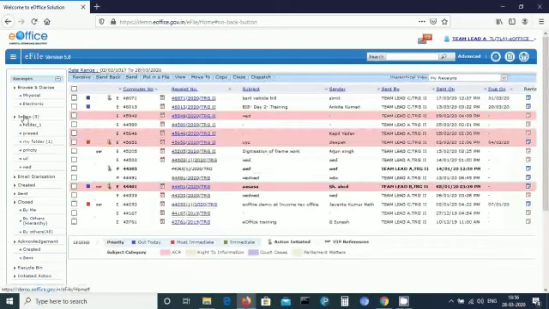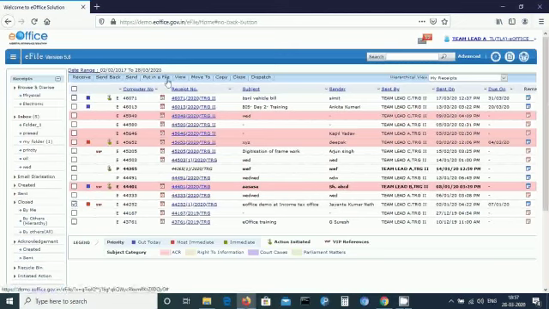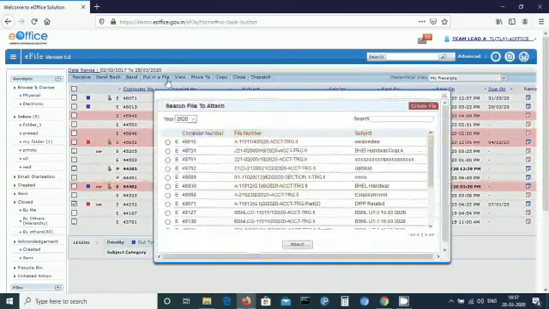To put the generated receipt into a concerned file, click Put in a File tab. Let me select the receipt that we want to put in a file. Click on Put in a File tab. You can see on the screen that the files which are created by the user previously are shown.